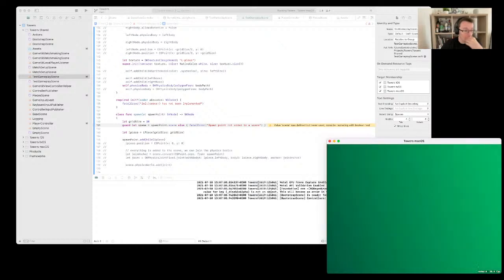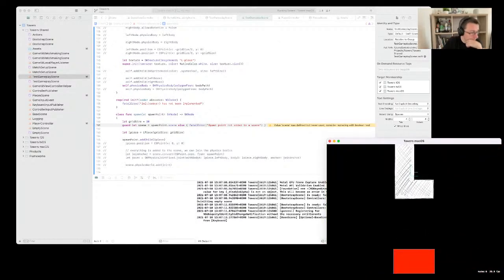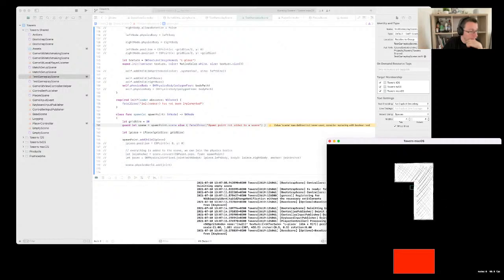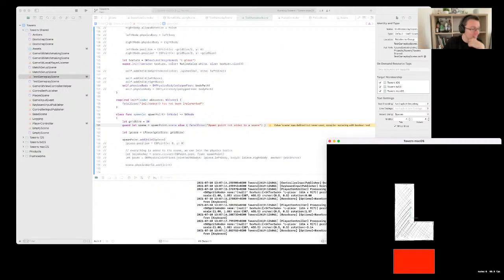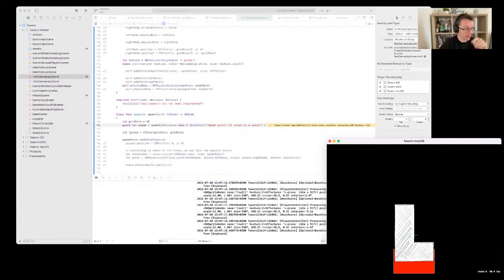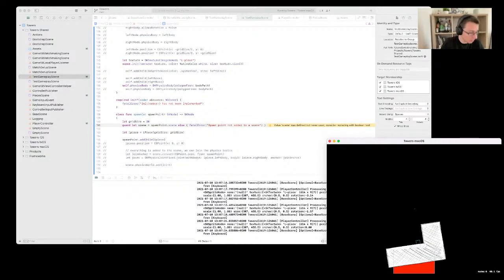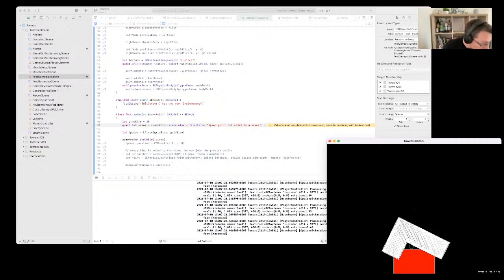So now what happens? Yeah, so good. So no, but this is actually fine. So it means we can load the